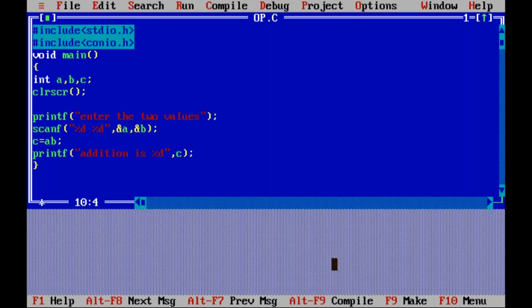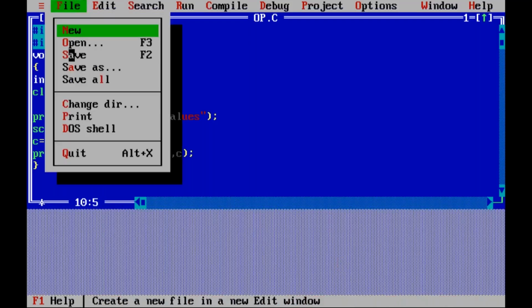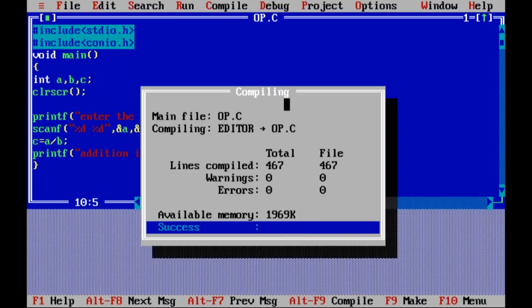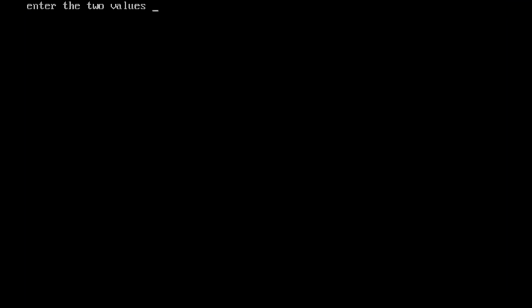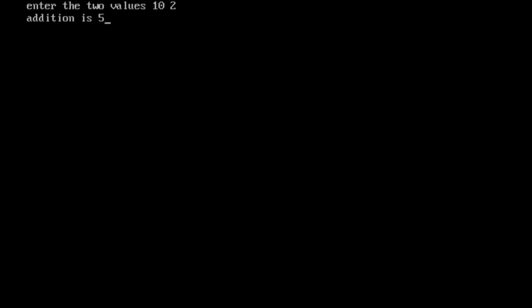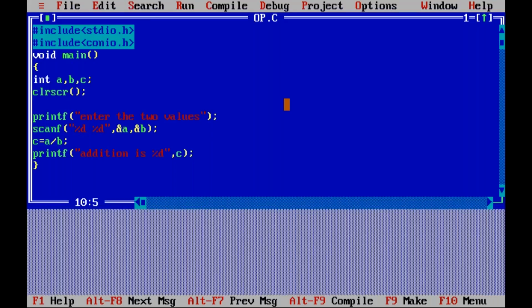Next, let us check with the operator called division operator, that is this symbol, slash. Which symbol? This symbol. So once you keep on modifying the program, you have to save. Then only you can compile and you can just say run. So what is the division of 10 and 2? It is 5. 10 divided by 2 is what? 5. So like this. So modulus of